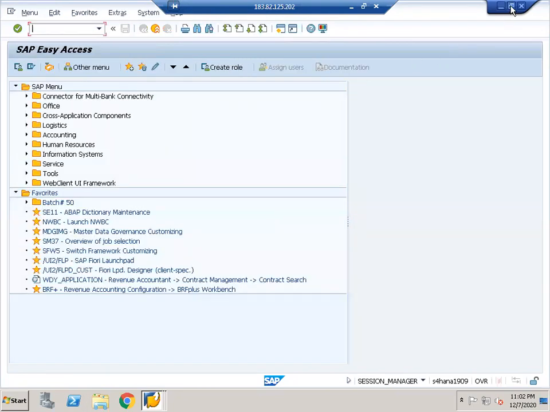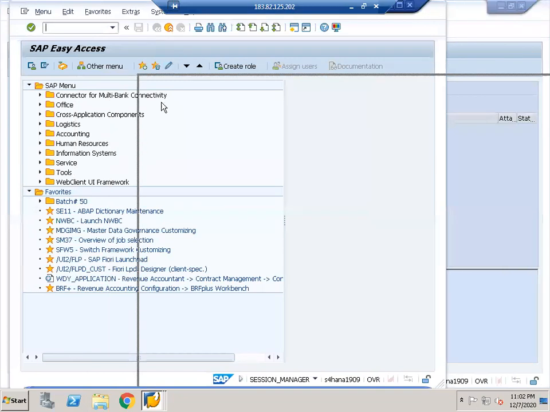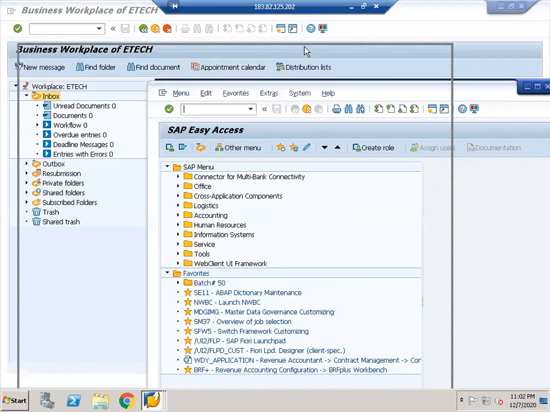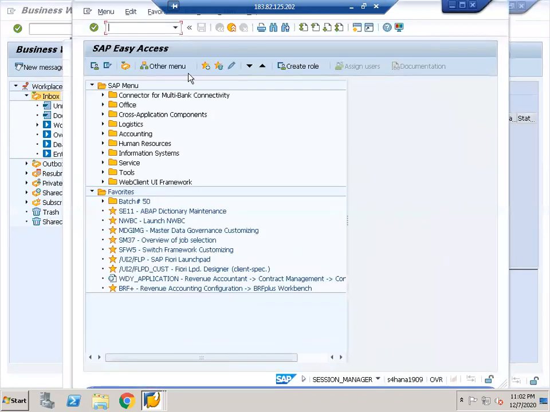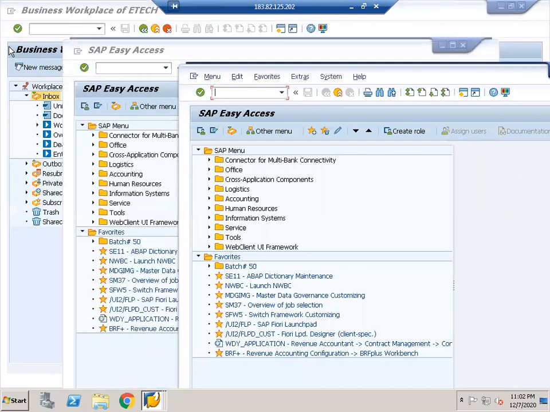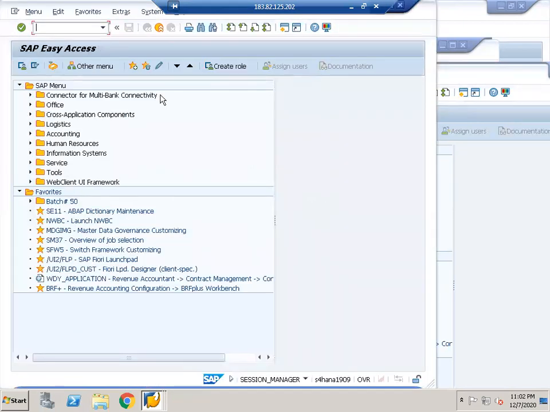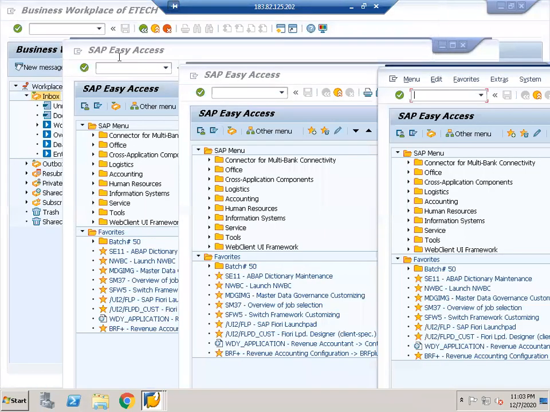You see the session number 2. It will also come with this home page, right? Like this, a maximum of 6 sessions can be opened. Now you see, this is the first session, and the second and third are open. Now open 4. By opening multiple sessions, you can do multiple transactions or multiple activities. So this is session number 4, right?